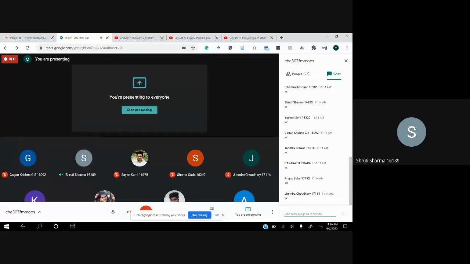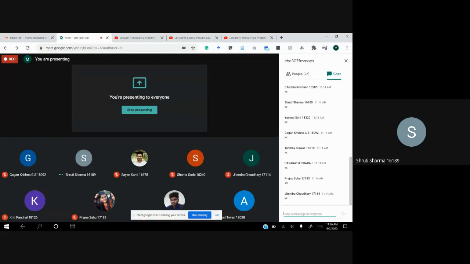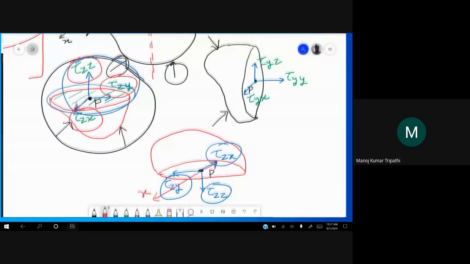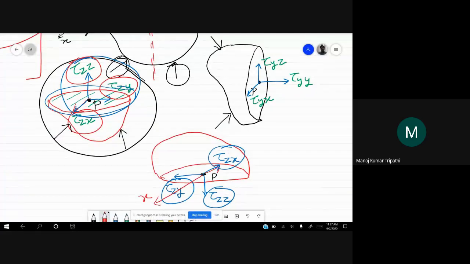Sir, so this is because the body is in equilibrium. If the body isn't in equilibrium, we need some other components for the negative direction. Yes. So we, because here the force is on the same surface. We are talking about the same surface. These two are the same surfaces exactly. So here tau zy, zz, zx is on the same surface as this one. We are not talking about a different surface here. Just the direction is opposite. Is that okay?